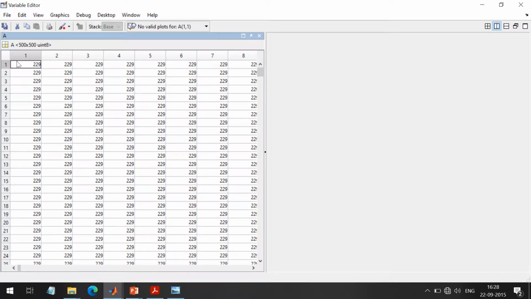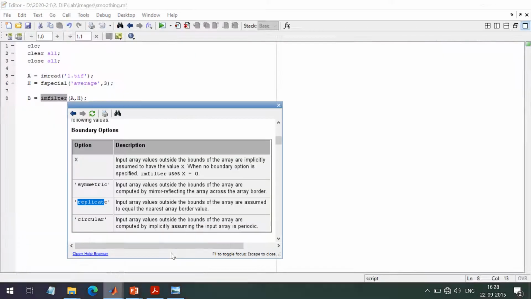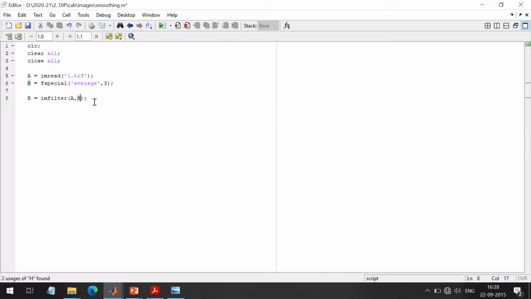Okay, now when we place a mask on this pixel, some part of the mask will fall outside of the image. That's why we have to pad some values. In case of replicate, the border values will be replicated on the extra part. In zero padding, we will have 0 on that extra part. So first we'll see with the help of zero padding, and then we'll see with the replicate option.